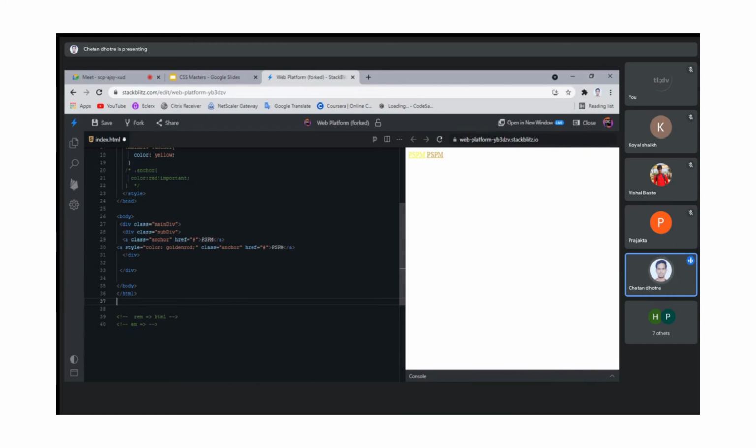Okay, the last one is, sometimes the user has the accessibility to change their font size. Let's say I have declared that my web page has an HTML font size of 10 pixels, and my user can change my font size too.